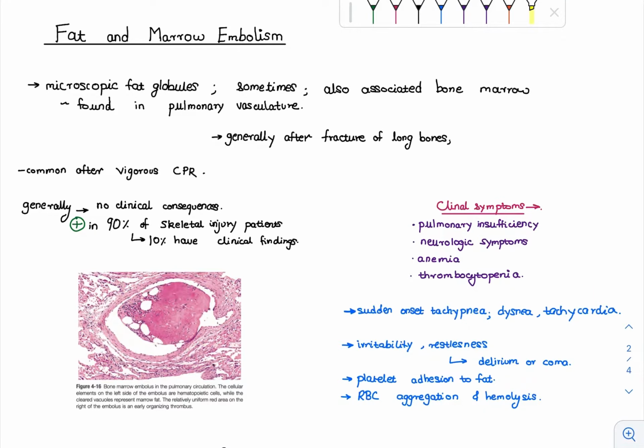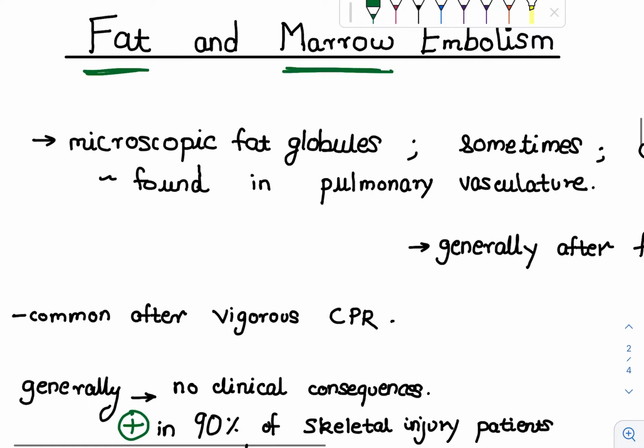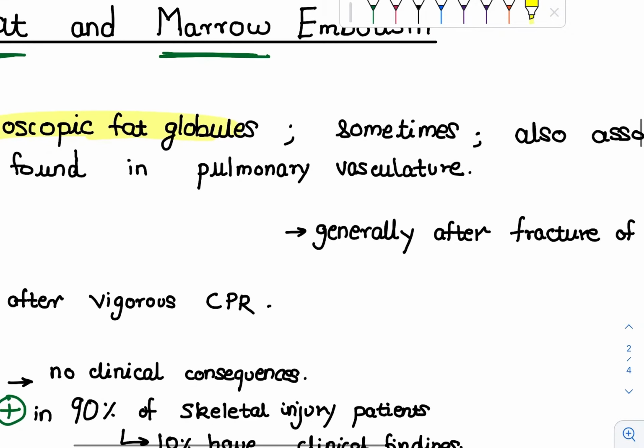So today we will be discussing fat and marrow embolism. In this type of embolism, the particles which get occluded in the arteries are generally fat and sometimes associated with marrow particles also. So what is fat and marrow embolism? It is microscopic fat globules, sometimes also associated with bone marrow, which are deposited and found in pulmonary